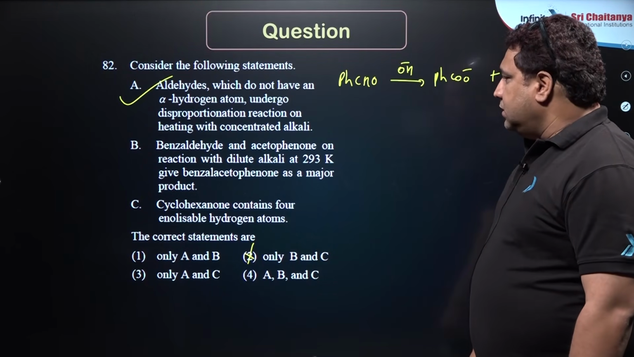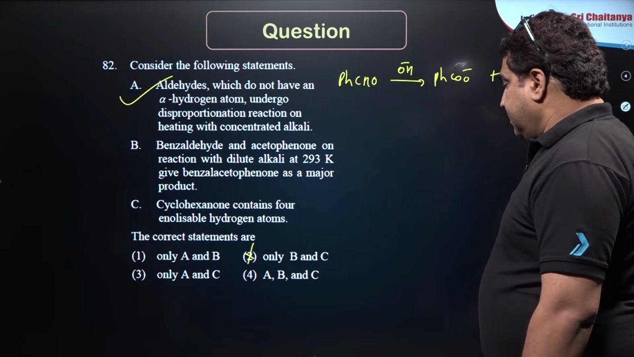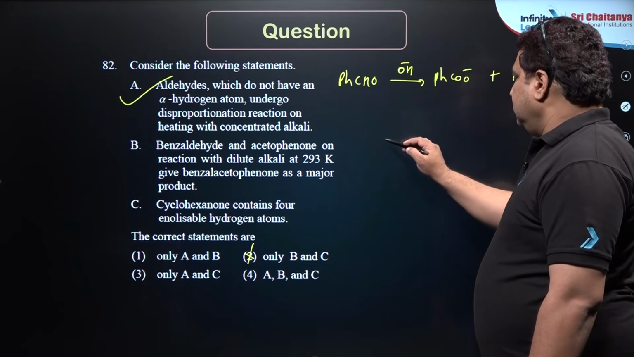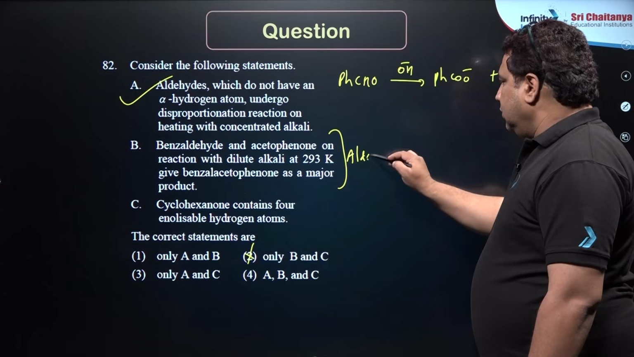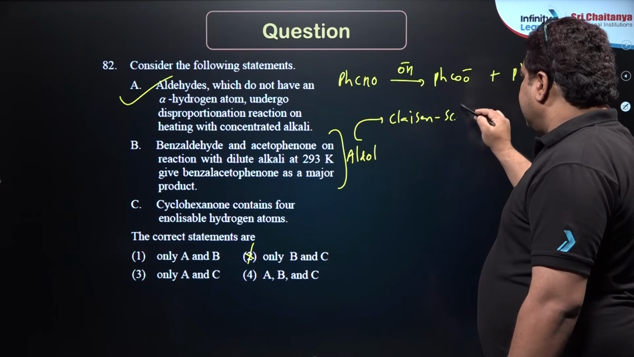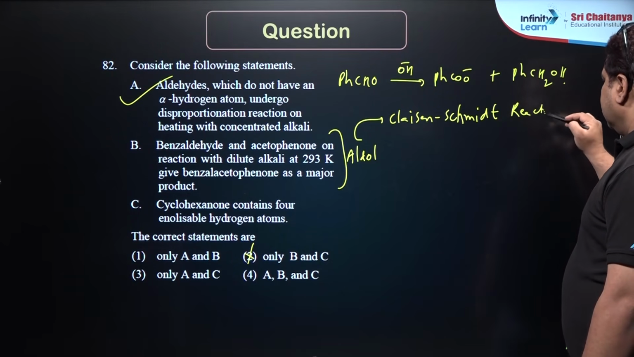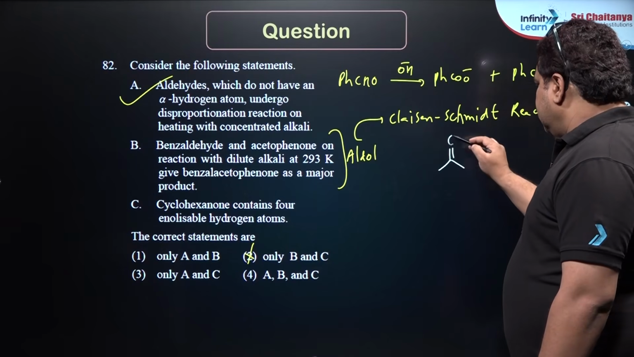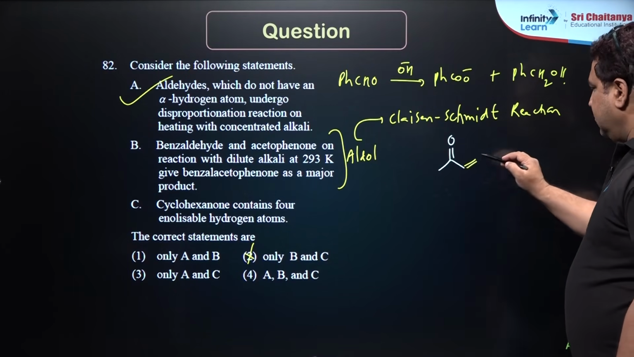Benzaldehyde and acetophenone on reaction with dilute alkali at 293 Kelvin, okay, give benzylideneacetophenone. So this is a type of aldol, or more specifically, this is the Claisen-Schmidt reaction. One has alpha hydrogen and one does not have alpha hydrogen. So this is acetophenone. What is telling? Benzaldehyde. So benzaldehyde,